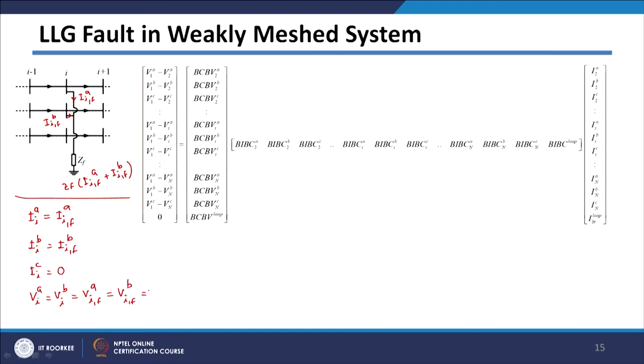They will be equal, and that is given by ZF multiplied by your current in A phase plus your current in B phase, and this will be equal to ZF into current in A phase plus ZF multiplied by current